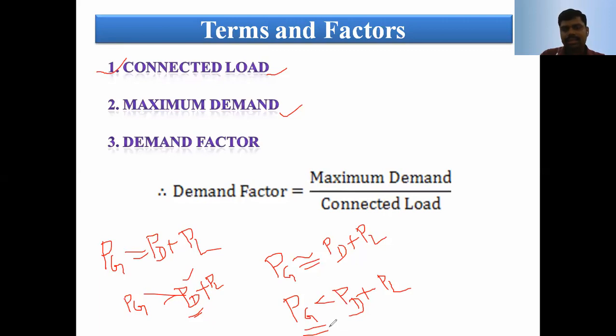Already there is one condition in the power system. We need to satisfy the consumer on two parameters: one is quality, and another is quantity. Quality means supplying the consumer 24 hours a day without interruption and without load fluctuation. At that time, the consumers are satisfied. Quantity means at a reasonable price.